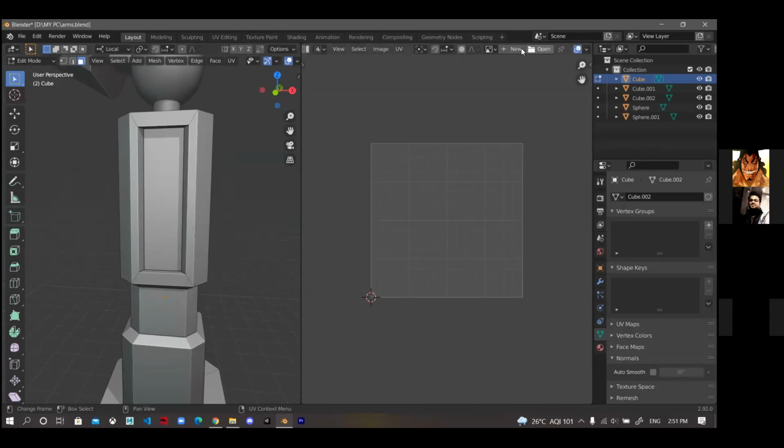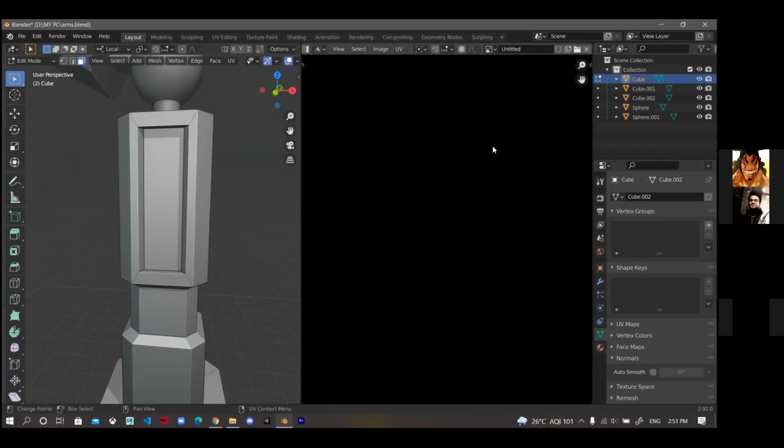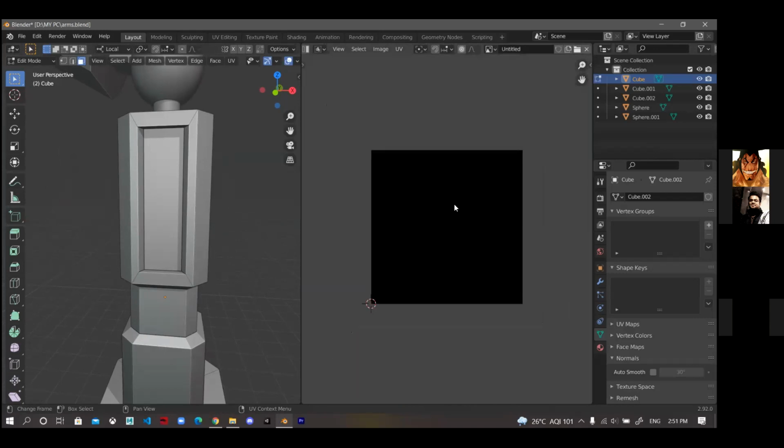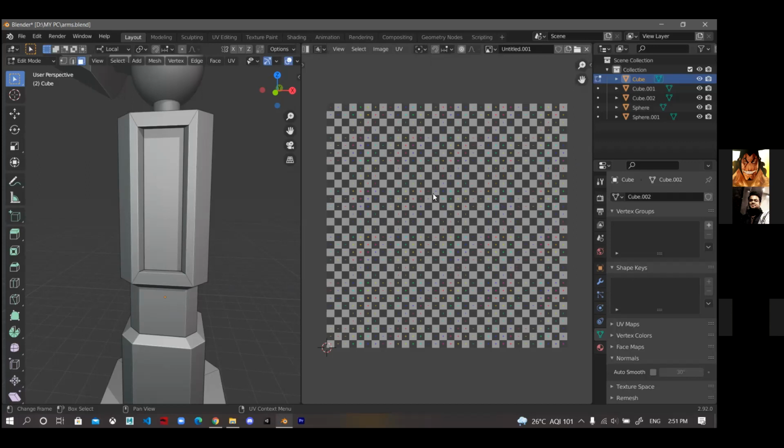And here from it, return image. It's black. So what we can do, we can see the UV grid image. What we will do is add this grid to this circle to see what is happening when we unwrap it. So add this UV grid to this.